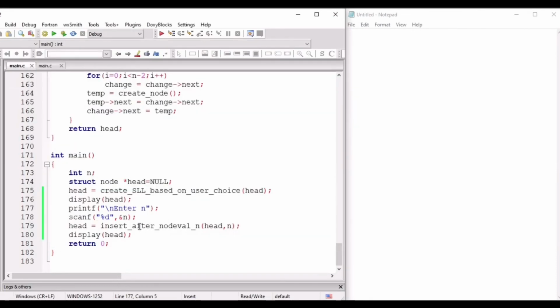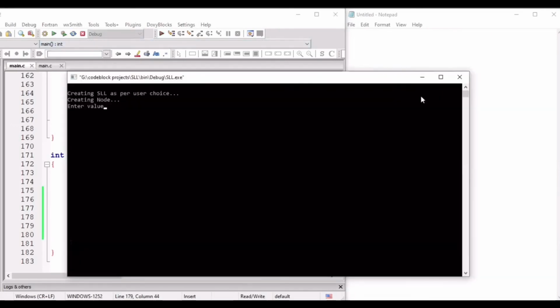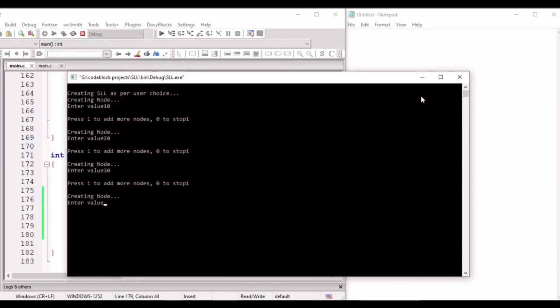Now let us see insert before. Again, if I compile, it will ask for creating the list. So 10, 20, 30, 40. I have created the 4 nodes.